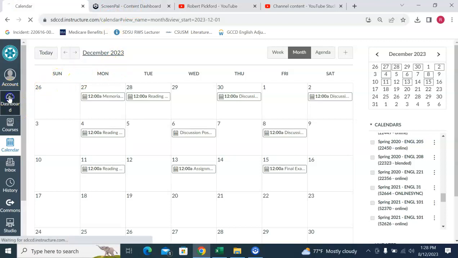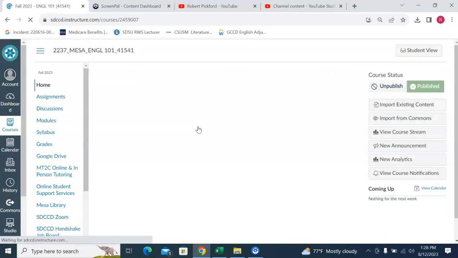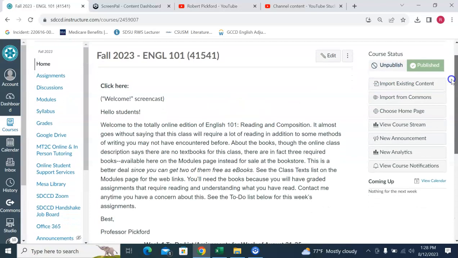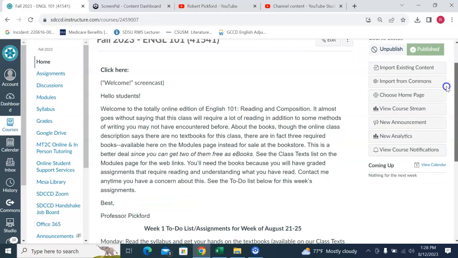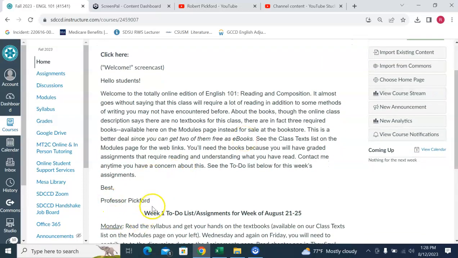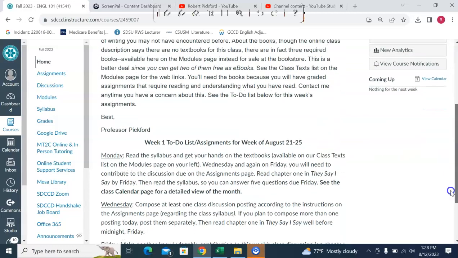Let's go to the course homepage. Your home away from home, so to speak. And there we are. It's a good place to go either after you've looked at the calendar or before. I always give a little introduction to what we're doing in a particular week. It's a good read because it'll tell you what we're doing and why in a particular week. And I give you a to-do list. This, of course, is the to-do list for the first week.